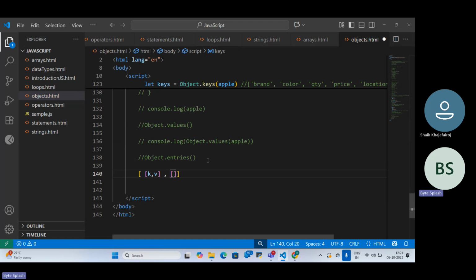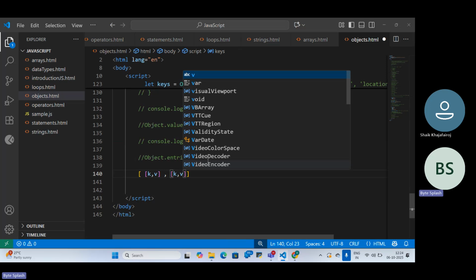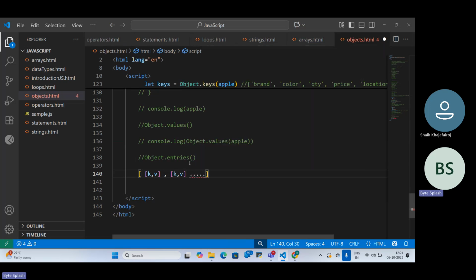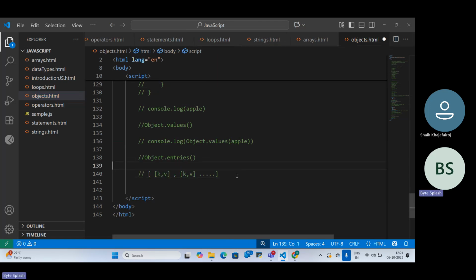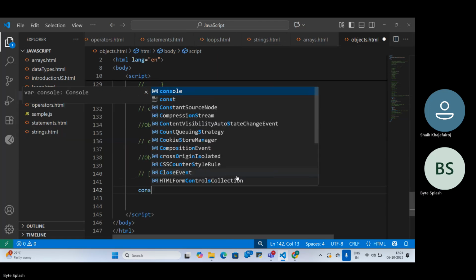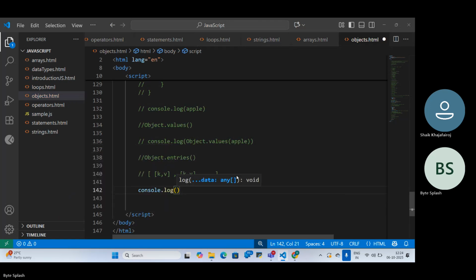So it is a 2D array, a two-dimension array: key, value, again one more, and so on. So it is going to create an array, and inside it each key and value pair will be stored inside one more array. Clear? So console.log Object.entries of